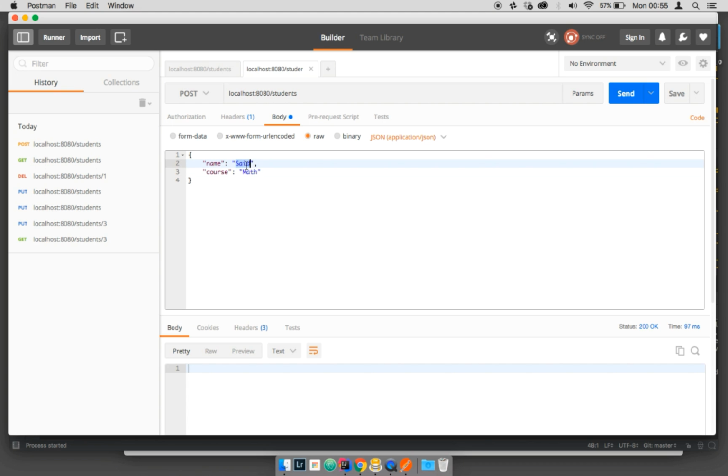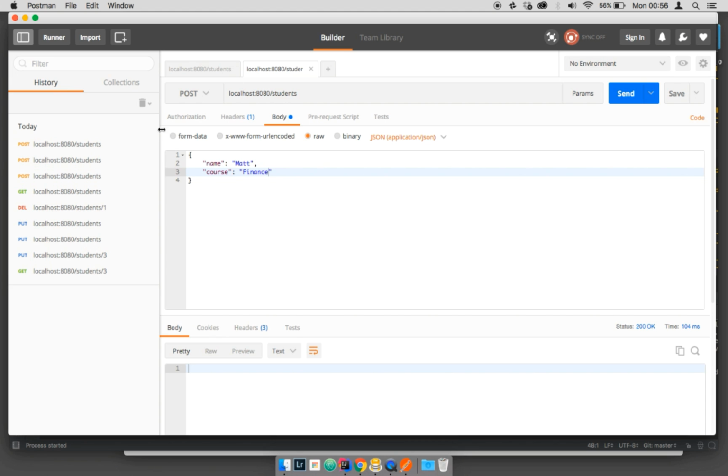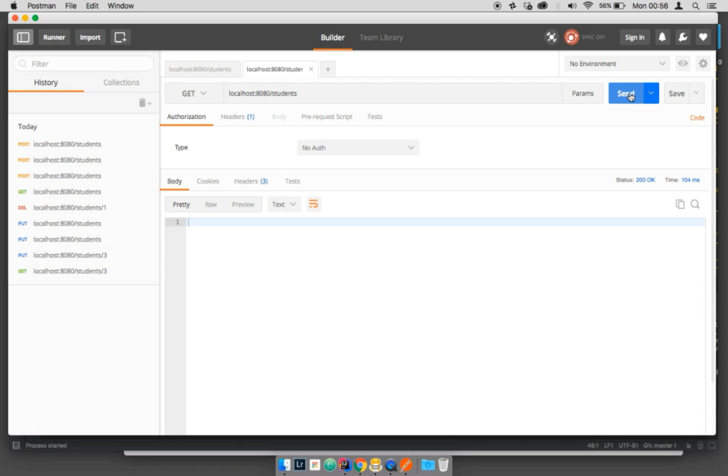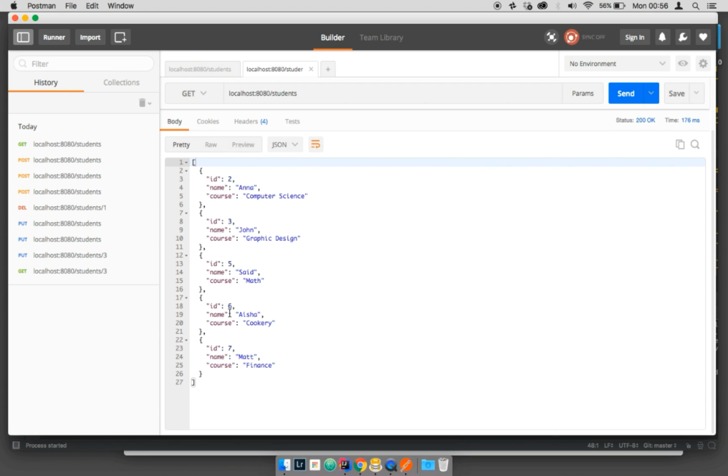And let's add another student. Let's say we have Aisha, and Aisha does cookery, just like that. And send, there we go. And let's also add another, who studies, I don't know, finance as well. Send that, and if I now get all the students, you see that we have everything in our database. As you can see, guys, this is working really beautifully,